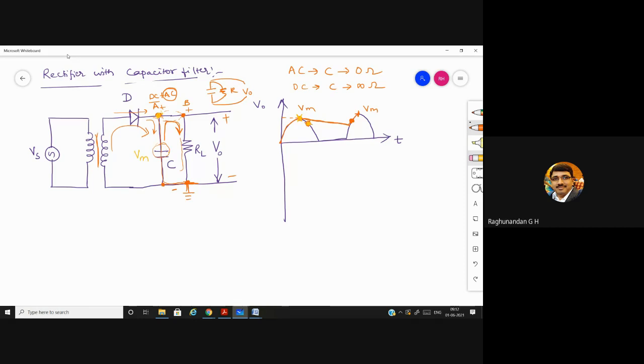Again when node A voltage is dropping down, now what happens? The capacitor starts slowly discharging. It will start slowly discharging when you are just going to analyze the capacitor,